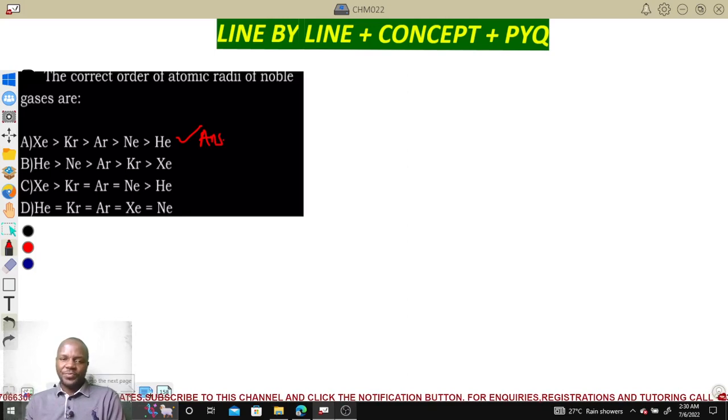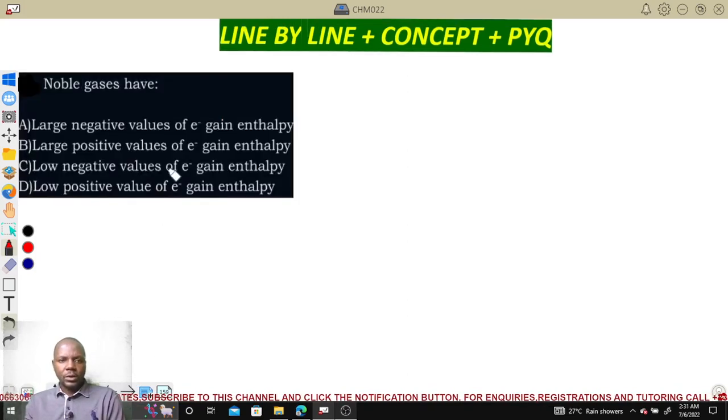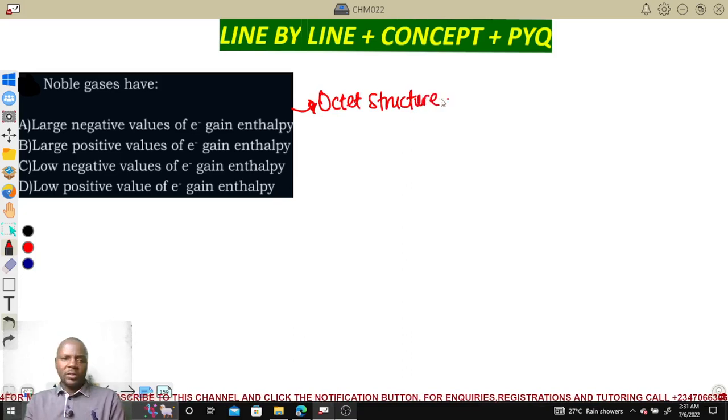So the next one: noble gases have dash. Large negative value of electron gain enthalpy, large positive value of electron gain enthalpy, low negative value of electron gain enthalpy, low positive value of electron gain enthalpy. Maybe I didn't talk about this. I think it's talking about electron gain enthalpy. Noble gases have an octet structure, except helium that has a duplet. Because they have an octet structure, you don't expect them to lose or gain any electron. So we say they have large